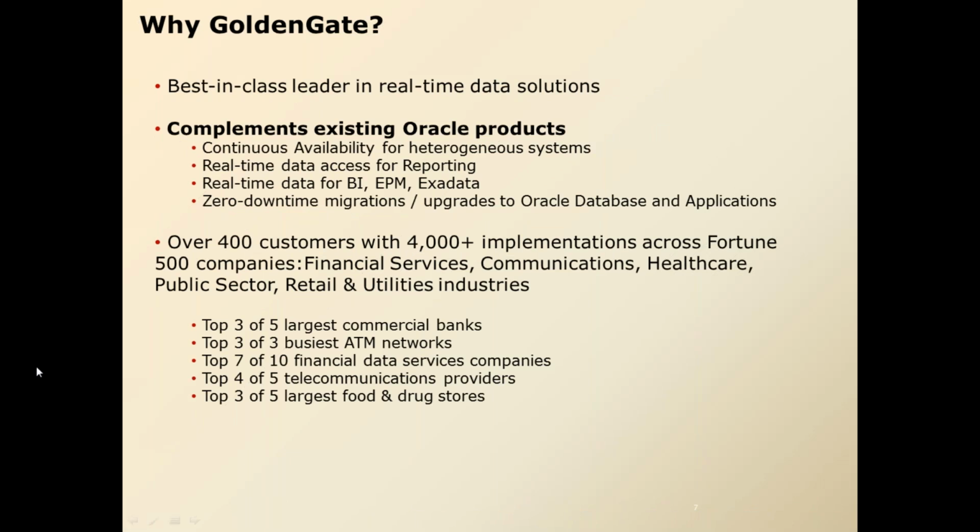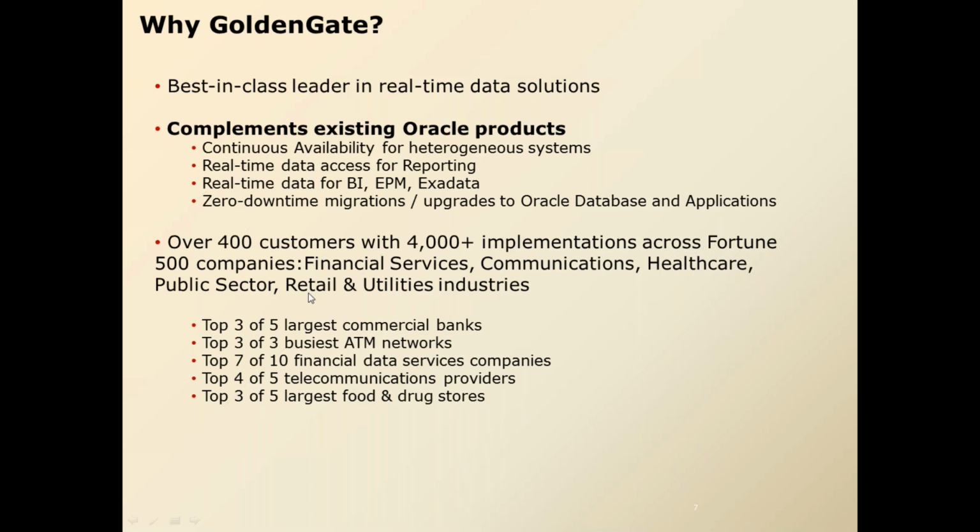So top commercial banks. This data, what you see right now on the screen, is from 2011. Now Golden Gate is still being utilized, and all top commercial banks are using it. You name Bank of America, Royal Bank of Scotland, CIBC. And in India, when we talk about ICICI, HDFC. In fact, RBI has made it a mandate to use Golden Gate for all the banks. So all the commercial banks are using it. State Bank of India is using Oracle Golden Gate. With the implementation of Golden Gate, they are saving hundreds of millions of rupees per day. Then the top three busiest ATM networks.